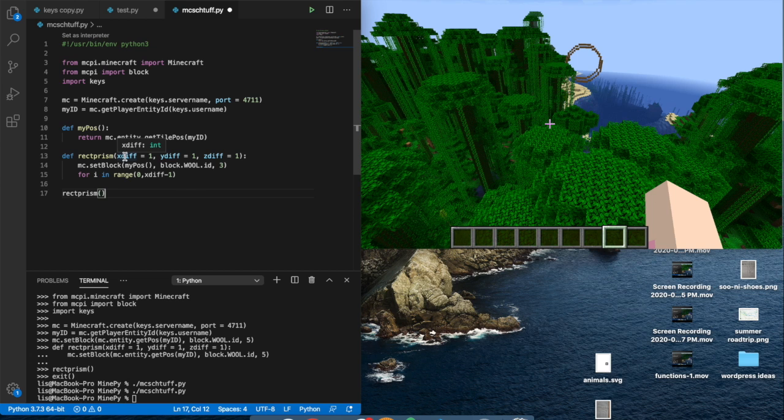So for instance, if I wanted my rectangle to have sides of length 5, then I would go from 0 to 4, because I would count out 0, 1, 2, 3, 4 on my fingers, which you can't see, and see that that's actually 5 blocks. So for I in range 0 to x diff minus 1,